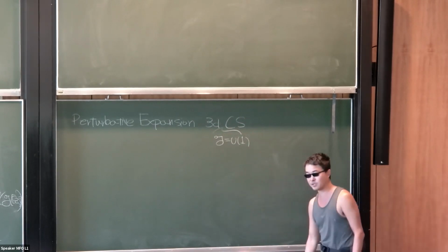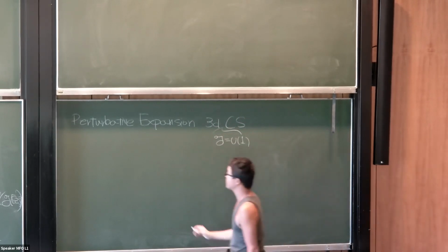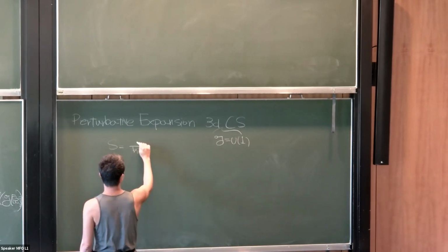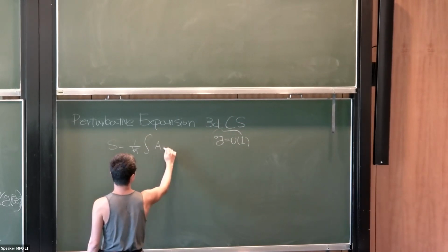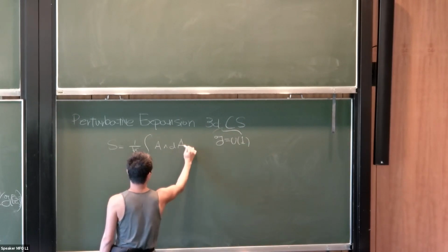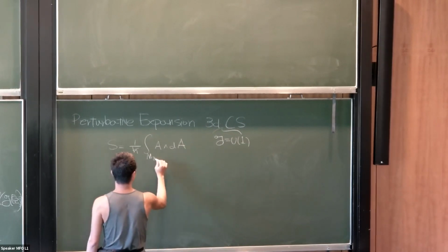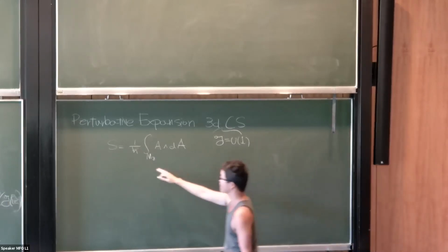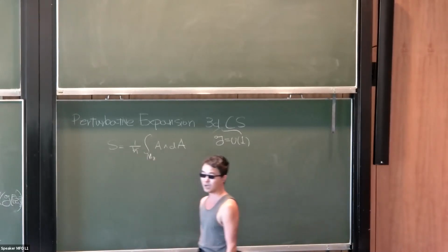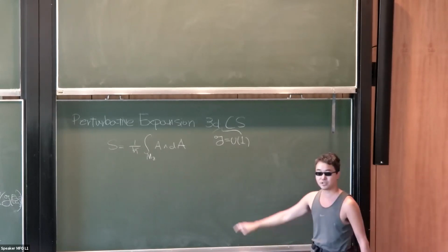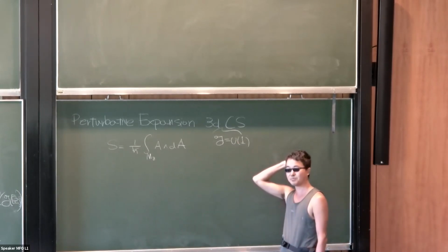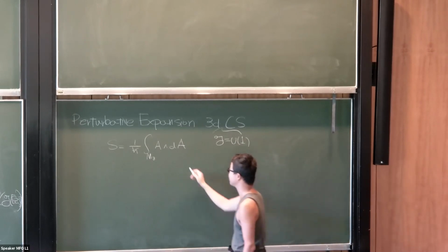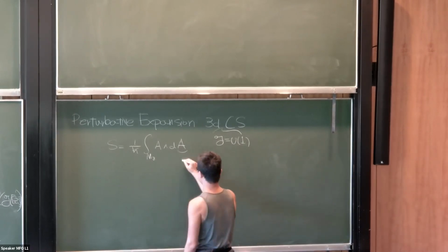So it's very simple. The action is simply 1 over h bar times the integral of A dA over the 3-manifold, let's call it M3. This is the Lagrangian action of the abelian 3D Chern-Simons theory. There is a cubic term which we are going to come to afterwards, but so far this is the action, and A is the one-form. And then there's obviously a gauge transformation.